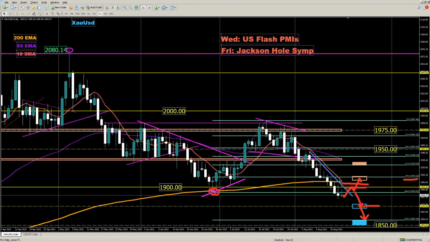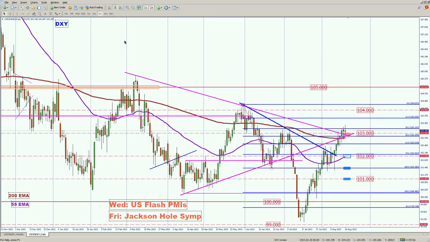All right, so we'll see how the US dollar price action plays out this week with these two major key news. Let's compare this with the US dollar index. Here's the US dollar index,